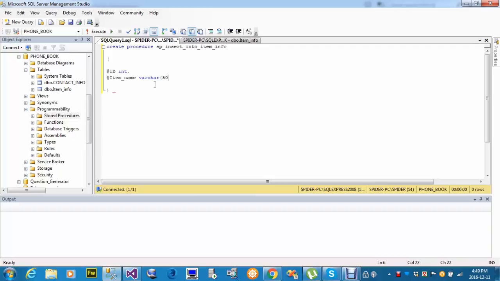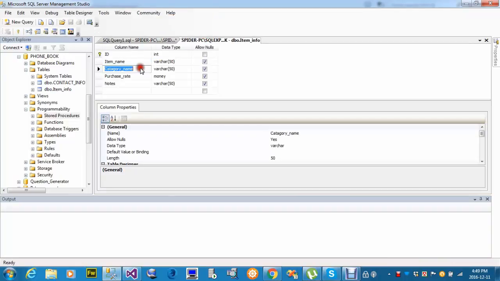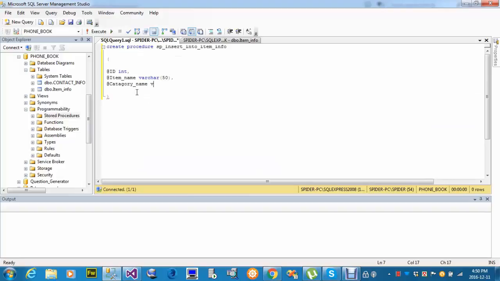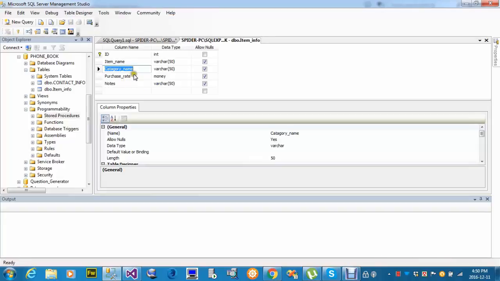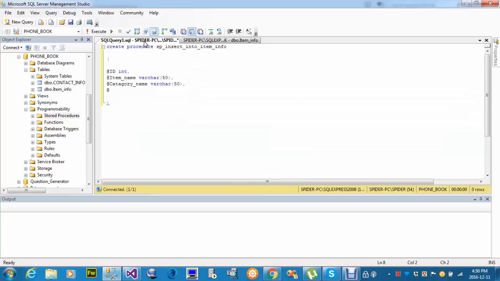varchar. Category name. Here I have a purchase rate column, so I need to add a parameter which helps me to transfer value to that column, purchase rate. So sorry, I declare my data type,